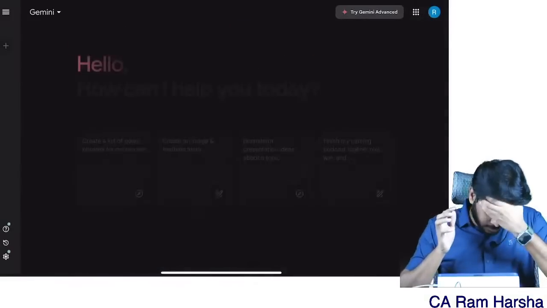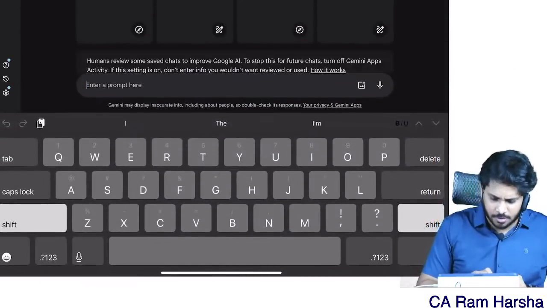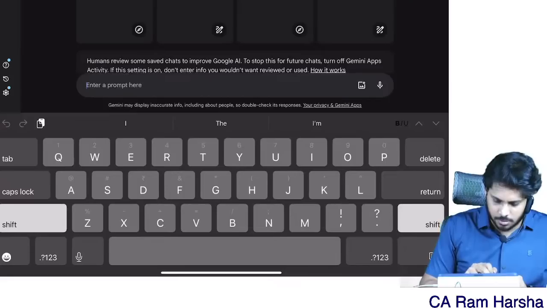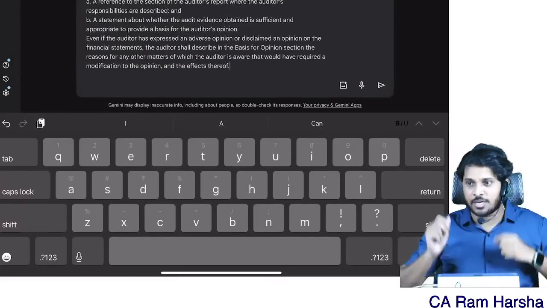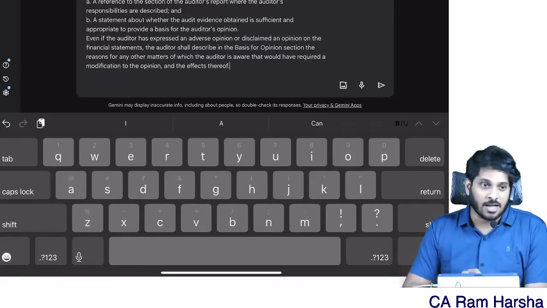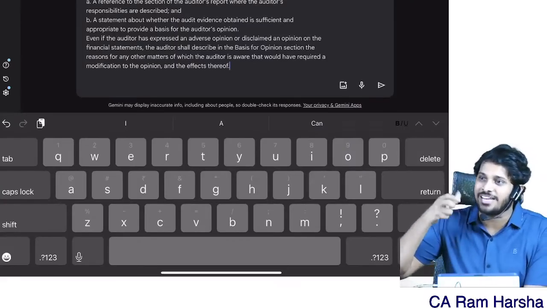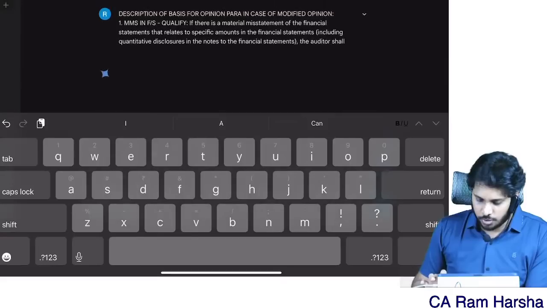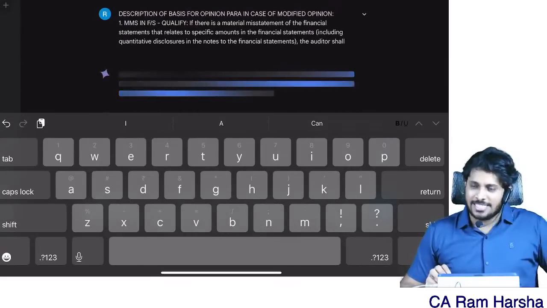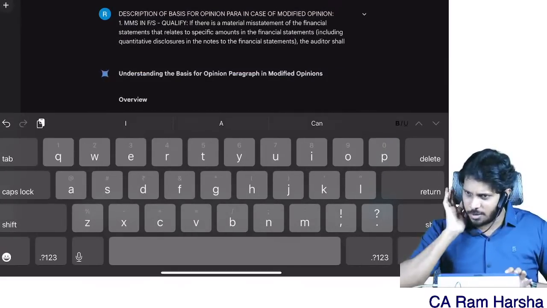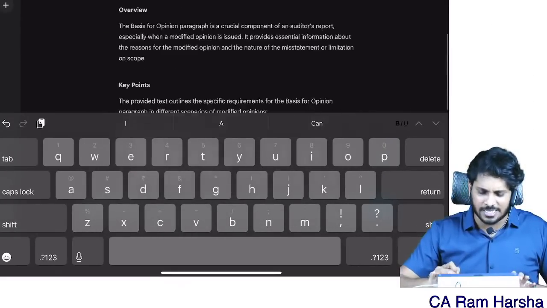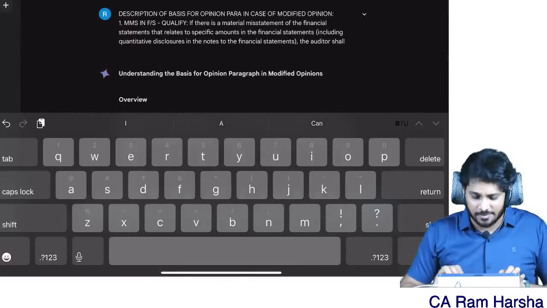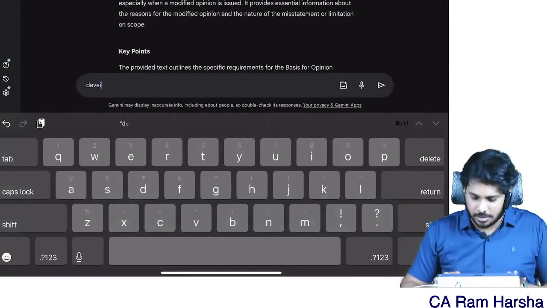So this is actually something like ChatGPT. I pasted the entire basis for modified opinion section, how the basis for opinion section gets modified in different circumstances. I just posted that message. Now it will give some understanding. Forget about that. So I will ask it, develop a case study